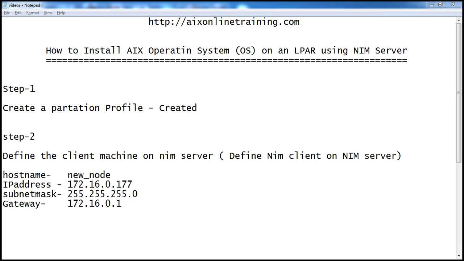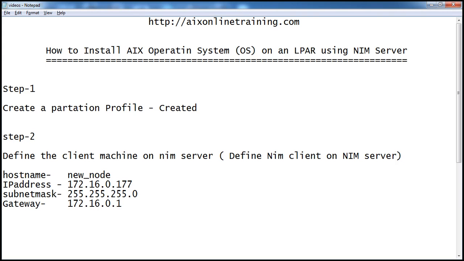So this is the information. The host name is new_node, the IP address is 172.16.0.177, the subnet mask is 255.255.255.0, and the gateway is 172.16.0.1.